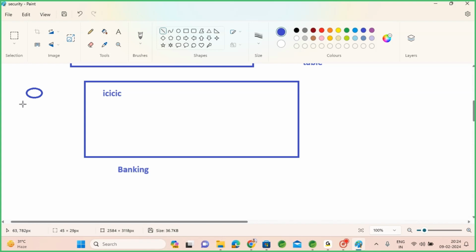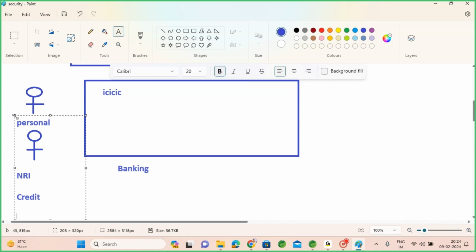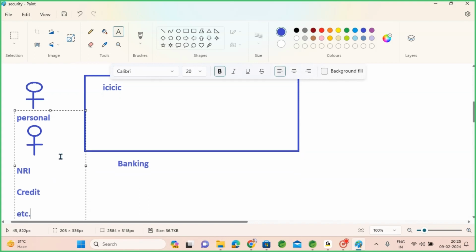Facebook was having only one type of user. So when you enter www.facebook.com, it will ask username and password, and it is expecting a simple user in that Facebook use case. But here the same domain ICICI is providing personal banking, NRI banking, credit card banking, NRI credit card, credit banking. So many such we have. In that scenario,